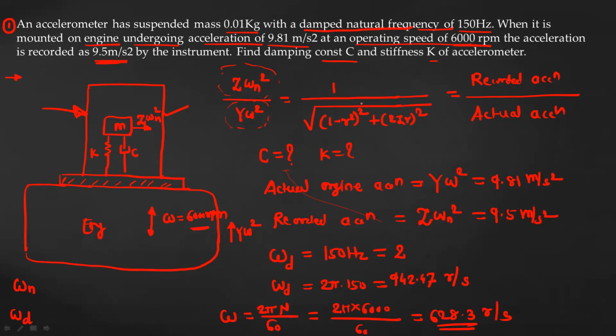So in this problem, the zeta value is unknown. Okay. And even the r value is unknown because the natural frequency is not given. If the natural frequency is given, we can directly find out the ratio omega upon omega n because omega is a known value. Okay. So the r value will become omega upon omega n. But we cannot find out this ratio because omega n is not given. So we will try to convert this formula of r in terms of zeta value. Okay.